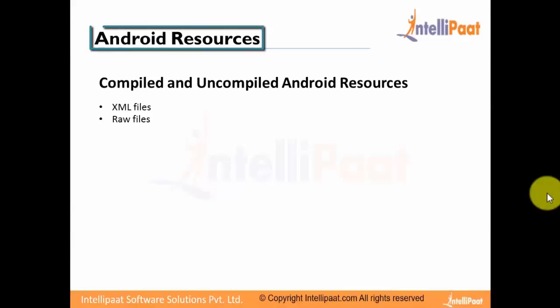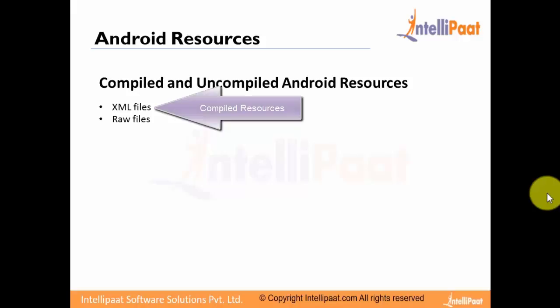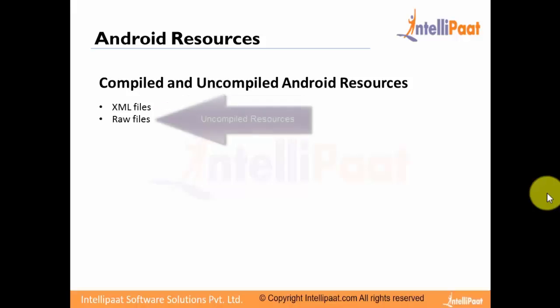with Android resources. In Android, we have two kinds of resources, compiled and uncompiled resources. XML files are known as compiled resources, whereas raw files are known as uncompiled resources. So all our layout file, color file, menu file, dimension file, string resources. These all resources are in XML format, so that's why they all are known as XML file resources or